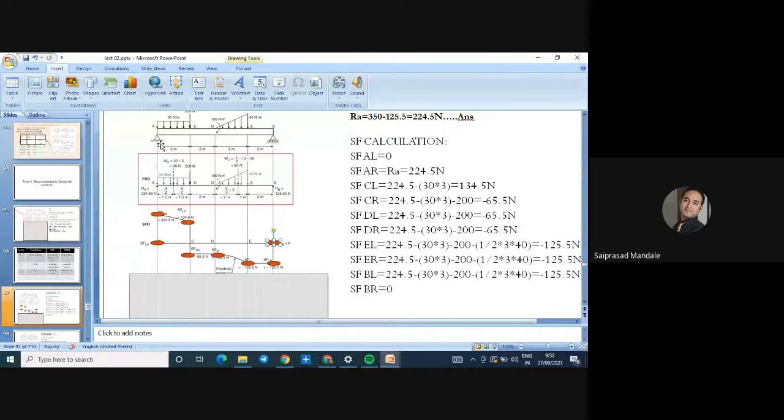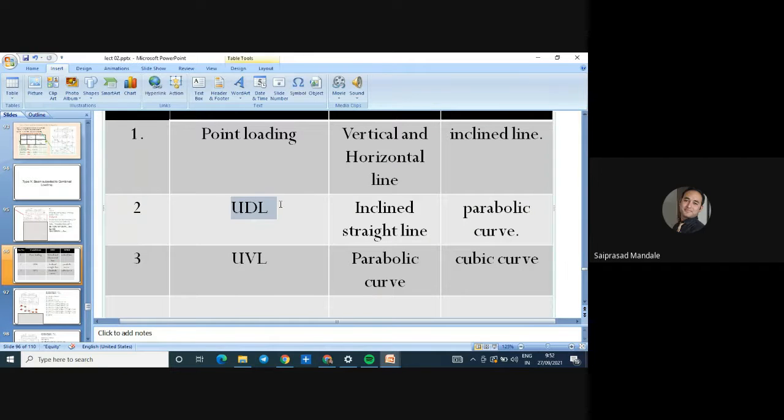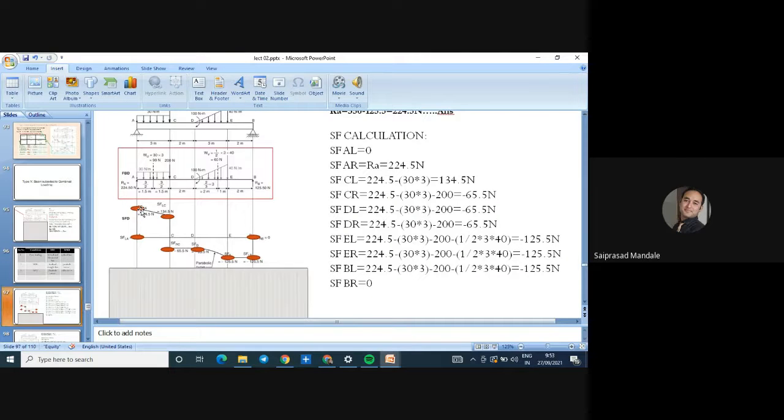Here it is a reaction. Reaction is a force, so it is moving from this point to that point continuously. Now here it is the inclined line. Here it is a UDL. As per our sign convention, if there is a UDL, in that case we have to connect the points through an inclined line. So I have drawn an inclined line. Second, if a point load is there, then a straight line, straight downward. Again, same point, so straight. No load or point load, straight line.